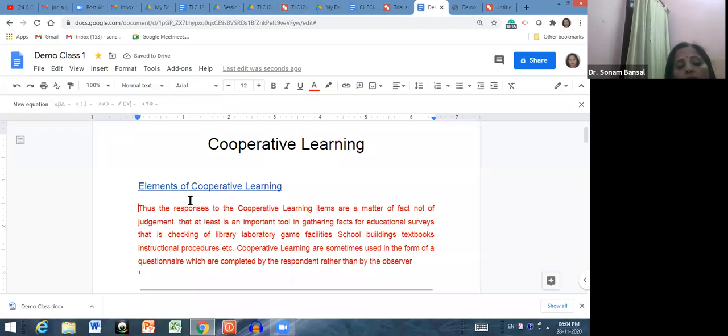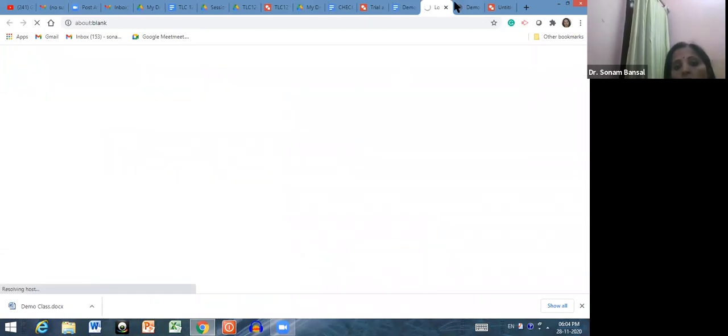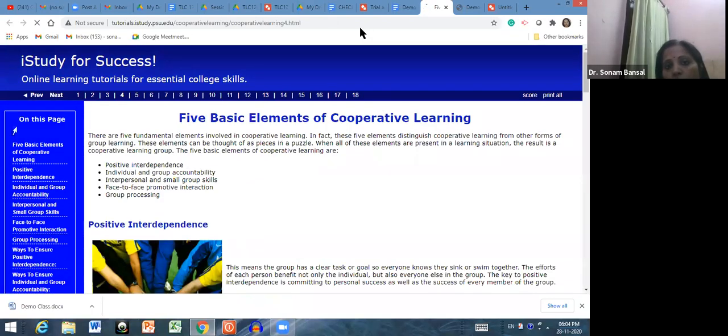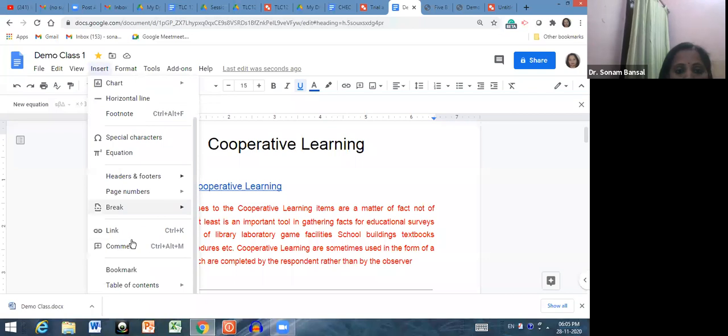Now, this is linked as a hyperlink. Now, when you click here, these elements will be opened. You can just click here and it will take you to the Google text. See, the elements will be opened here. So this is how you can add a number of materials and make them hyperlinks and add many docs here in the form of hyperlinking. So when you just click here, it will take you to the Google Doc. Now go to insert. This is how you can add a link.